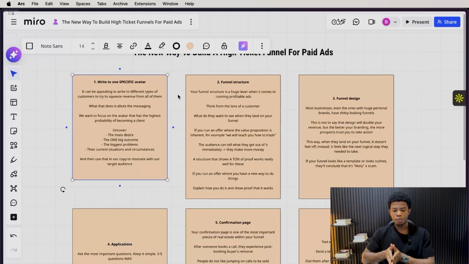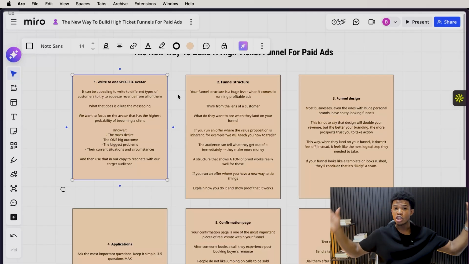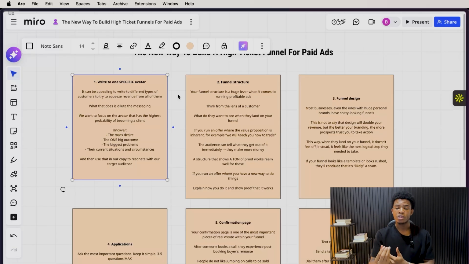But you need to start from the people who are in the in-market demographic and just write to that specific avatar, because it's way cheaper to reach those people. It's also way easier to get them to convert as well. So make sure you're writing to one person. You're not trying to splice your messaging across multiple different avatars. It's just going to muddy up your messaging and make it confusing for your prospects to understand when they actually come in your funnel.